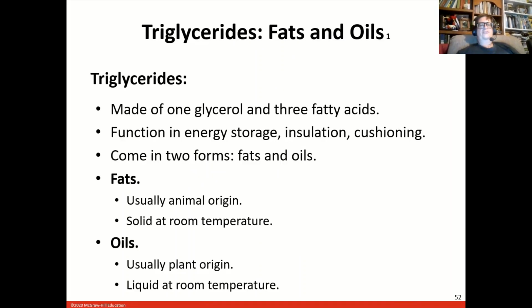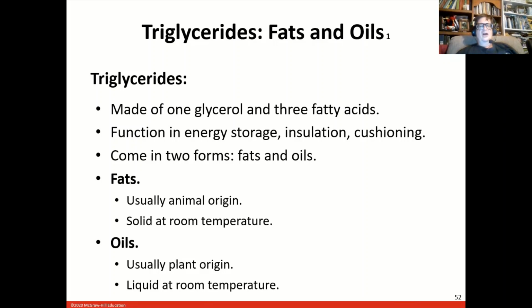Right there, a triglyceride is made of 1 glycerol and 3 fatty acid chains sticking to it. These are common in animal fats, and they're good at energy storage. They're good at insulation. Think of that nice blubber layer on a whale or a seal. They're good at cushioning. I'm talking about the fact that one of your kidneys hangs partway below the rib cage. It's not protected by the rib cage, but it has a nice capsule of fat around it so that if someone's uppercutting you, it will absorb some of that impact